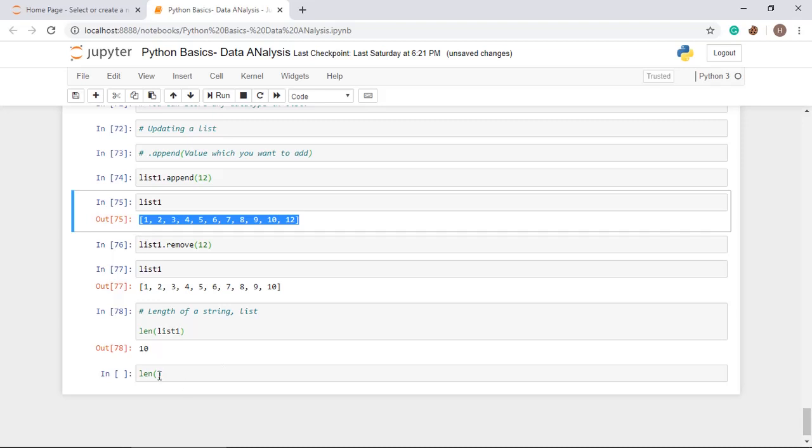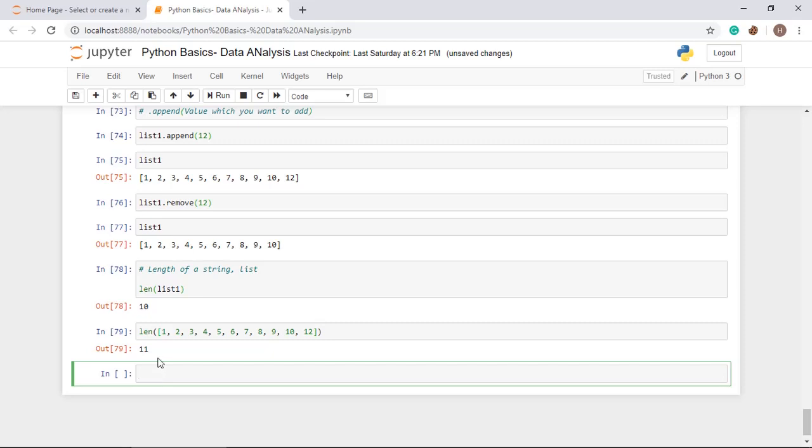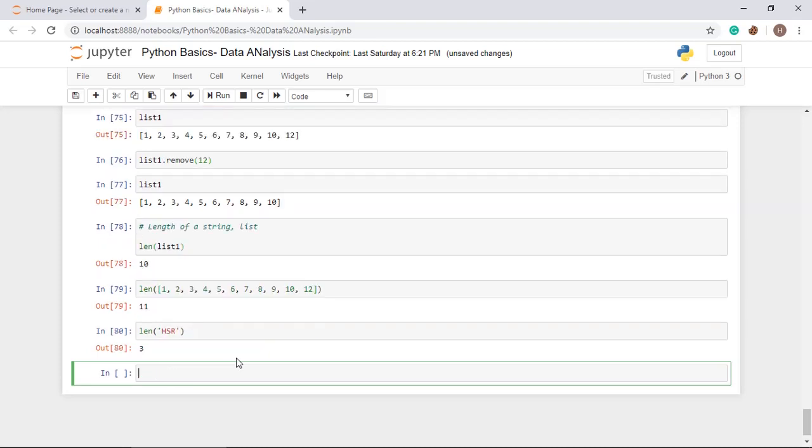I'm passing the whole thing here, and it will also give the same output because it considers all these things. And now you can calculate the length of a string like HSR, it will give you output like 3. You can also call a variable.